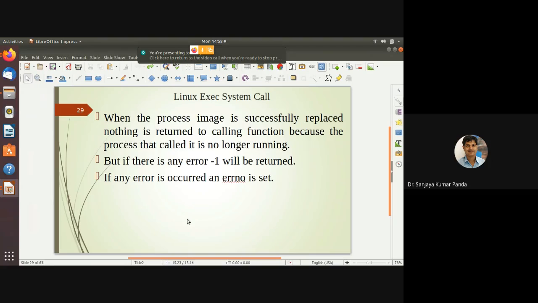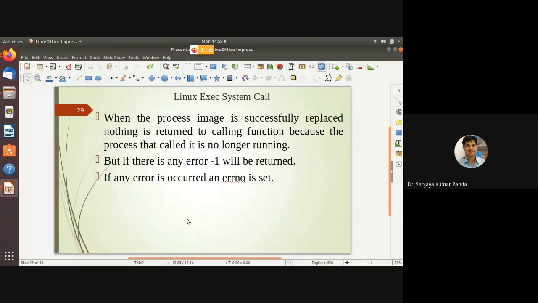So see here one interesting thing. Whenever you are replacing the old process by a new process, that is the concept. What does exec say? Exec says that you have to replace the old process by the new process, right? So there are 3 things. What are the 3 things? One, replacement is successfully done, right? Whenever you are replacing, your work is done. That is the one case. Second case, replacement is not done. It may happen due to some constraint, or, say, if the file is read only, I cannot replace.